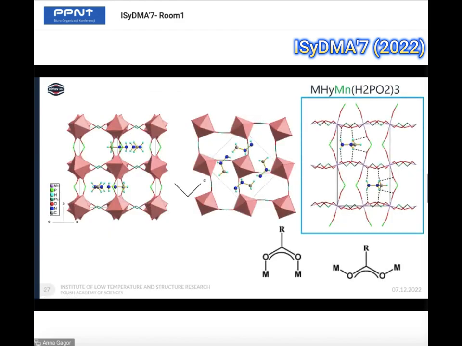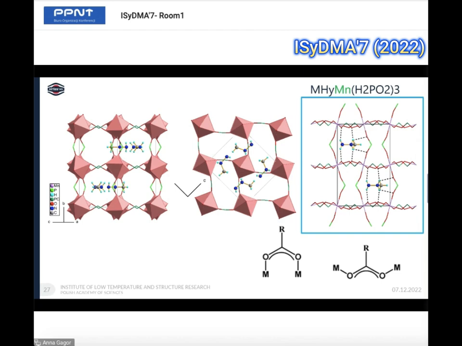So just to obtain more functional material with phase transition and possibly with some ferroic arrangement, we again took this methylhydrazinium cation, which both in halides and in formates gave us the acentric, polar arrangements, and we applied this cation to the hypophosphate structure, and to our surprise, we again obtained a totally ordered